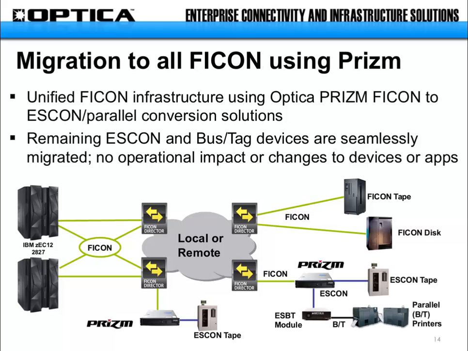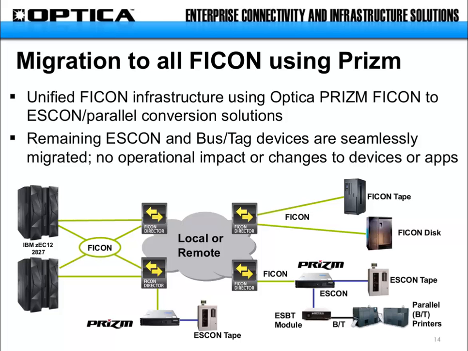You've been able to remove your ESCON directors and retire those. You get to take advantage of the maintenance savings. You get to take advantage of the increased floor space after removing those ESCON directors. Your utility bill is going to decrease when you don't have to power those ESCON directors. So this is the consolidated view.